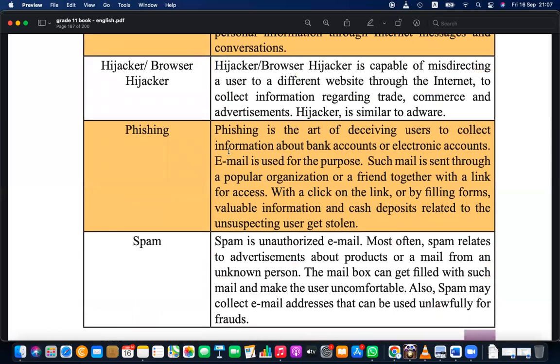So either by forcing or by cheating. Phishing is like fishing, right? That means trying to trick, cheat, or fool you and get your information purposefully. So it's like you won a lottery. If you want to get this prize, you have to send your bank details. Then they say if you want to verify the bank, please do a transaction. Without doing a transaction, we can't verify, therefore we cannot deposit the money. Then you will do a small transaction, maybe worth $100. After doing the transaction, the phisher is missing.